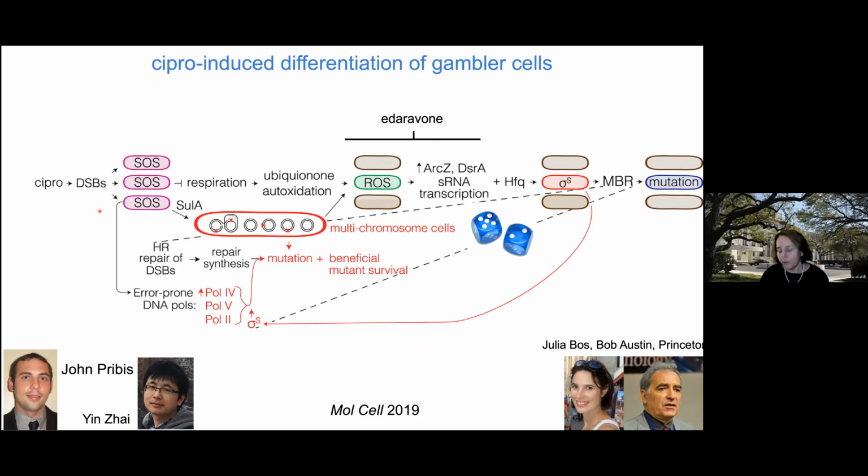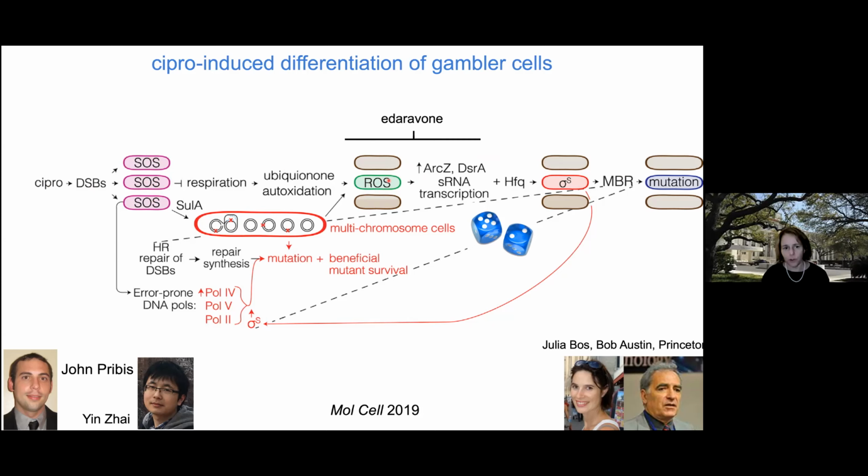So we know from John and Yin's studies using flow cytometry to observe how many cells in a population are doing one or another thing. We built fluorescence reporters for both the SOS response and the sigma S response over here, and you can see reactive oxygen with dyes. What we knew is that when he follows the activation of these stress responses, most of the cells, not every single one, but really most of them have an SOS response. If we knock out their ability to make an SOS response, nobody gets reactive oxygen. So the SOS response is actually required for the reactive oxygen.